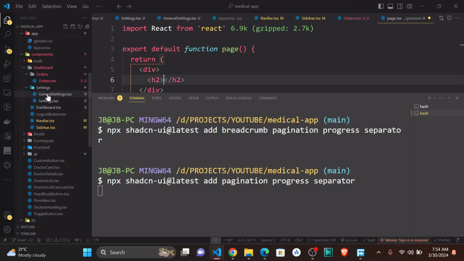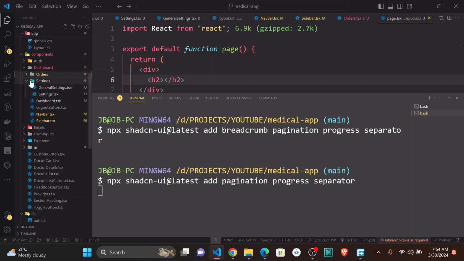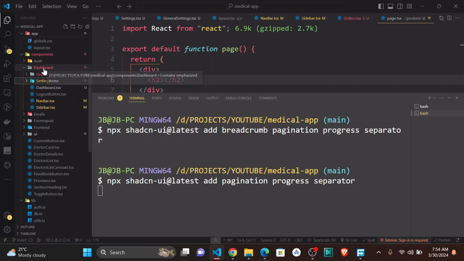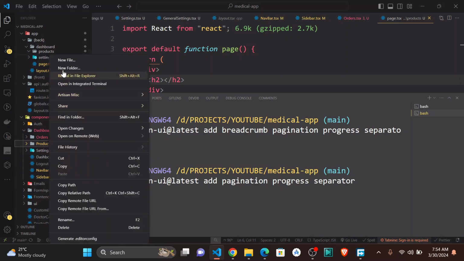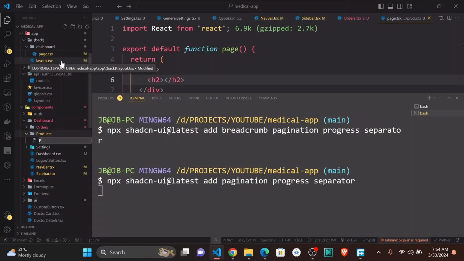Okay, so inside the dashboard, I'm just going to go ahead and say new folder, products. And why we are creating folders is that you might need to add these products, might need to have some more components in it, which you can just simply add in. So just come here and say products.tsx,